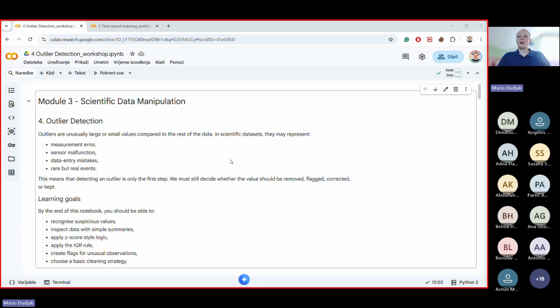So why do outliers represent problems? All modeling algorithms that we will later use, for example machine learning algorithms to make predictions, classification or clustering, are sensitive to outliers in data,